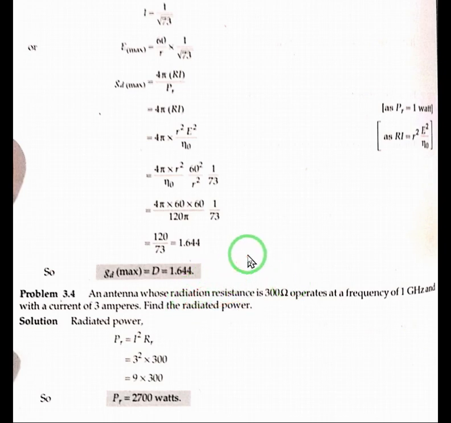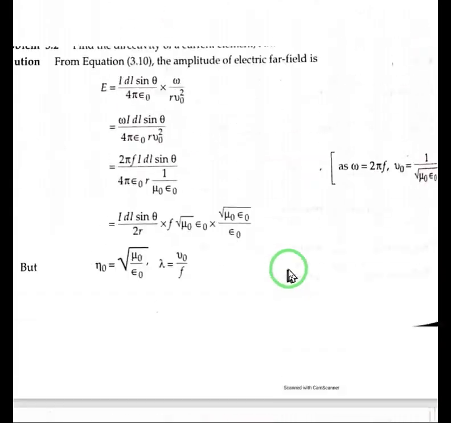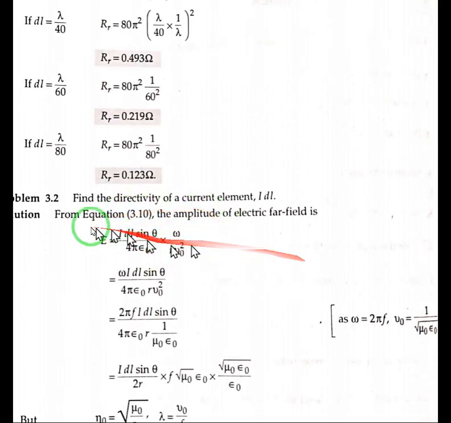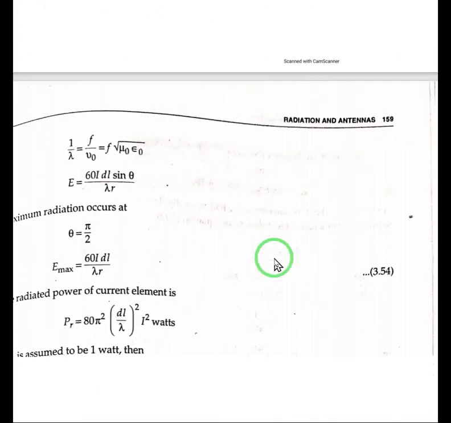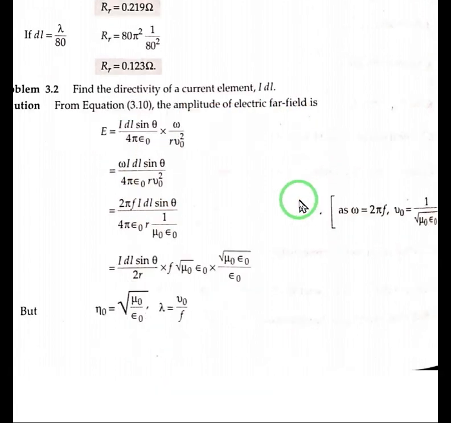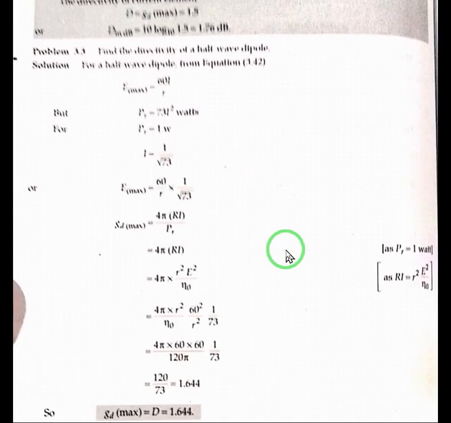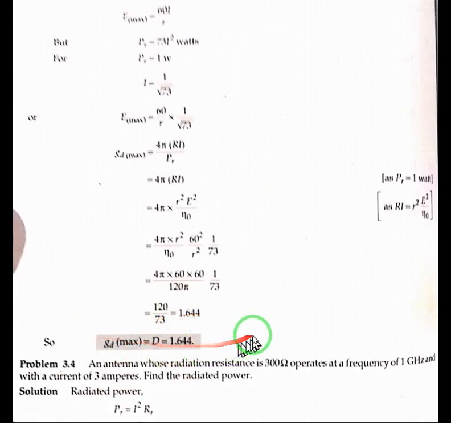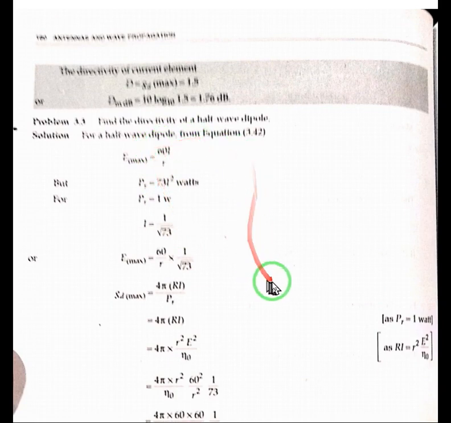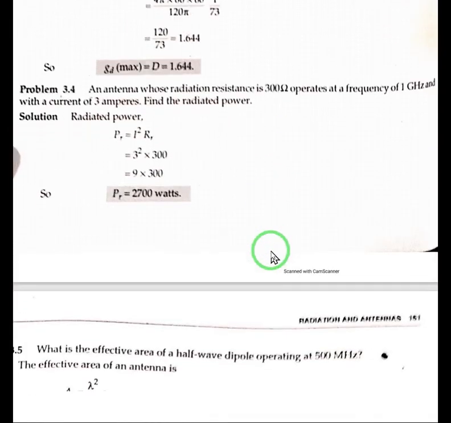Please note that these values, which are derived as constants, will be used for all antennas of the same configuration. As in problem 3.2, we derived GD maximum for the alternating current element, and it will be used as a standard for all alternating current elements. Here we derived it for the half-wave dipole, and it has to be used for all half-wave dipole configurations. Okay, moving on to the next